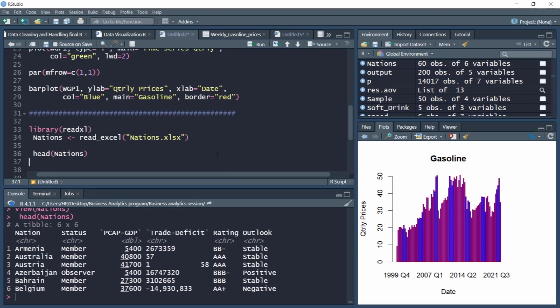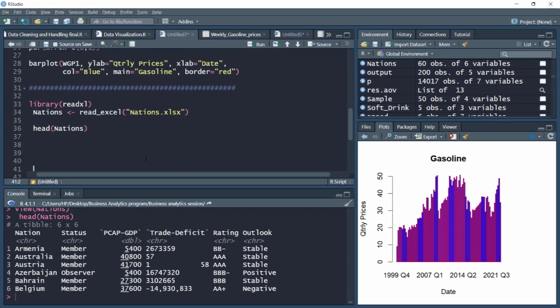So let's start with first telling R that this outlook variable is a factor variable. So this is basically rating outlook. Ratings we can see here in the rating column. Outlook is stable, positive, or negative depending upon the outlook of the rating agency. They assign these values: stable, positive, negative. So we'll tell R that this variable is actually a factor variable.